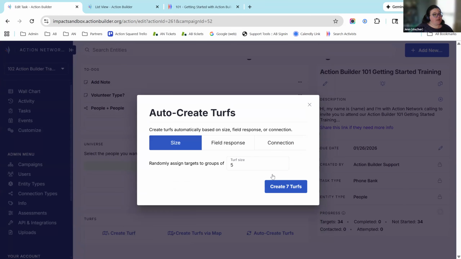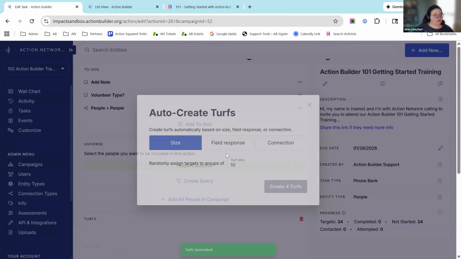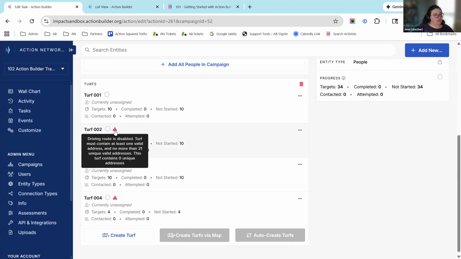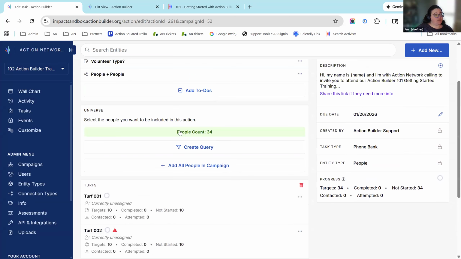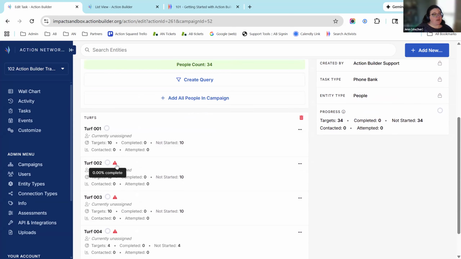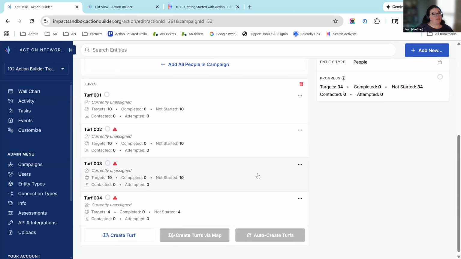So I'm going to do it just based on size. We're going to create 4 turfs that are 10 each, and it creates them automatically. The exclamation point means that we have added people to our query by clicking the add all people in campaign. We've added people to the query who don't have phone numbers, and this is a phone bank type